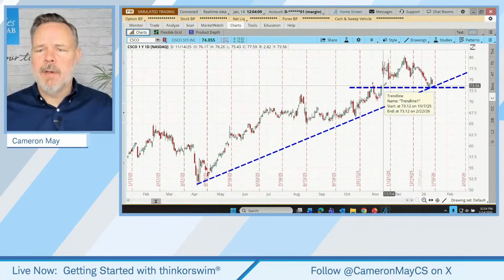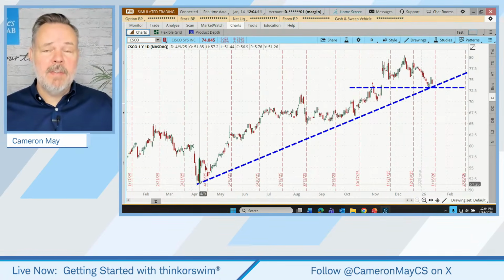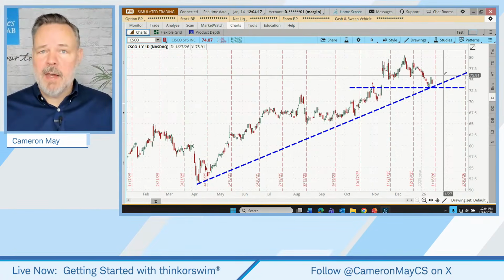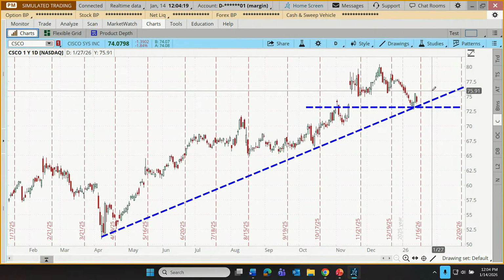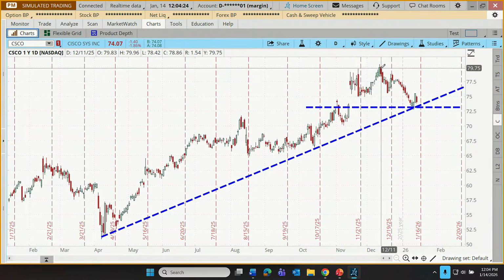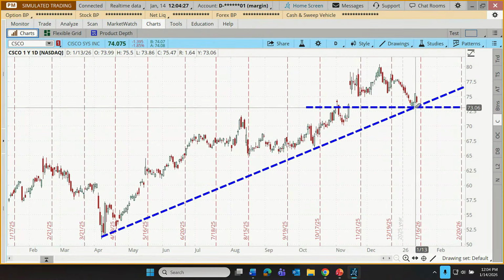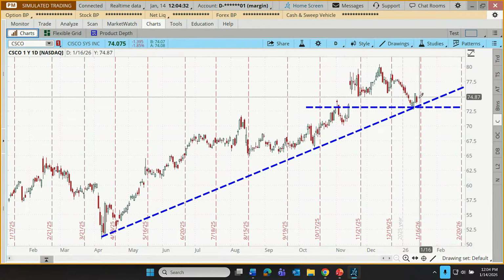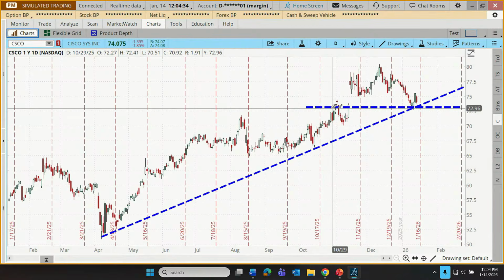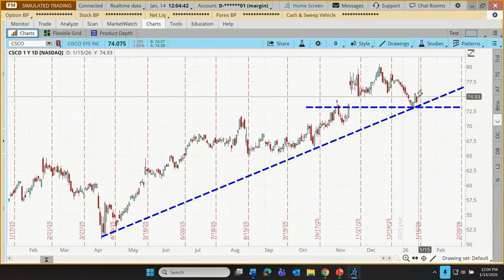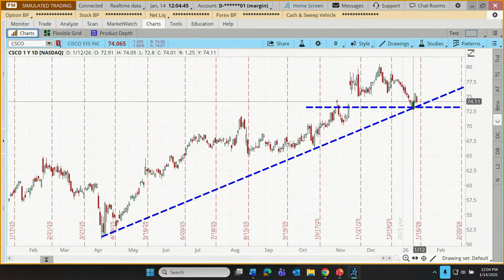let's say that our trader is looking at Cisco, and they notice that it has been advancing for 9 months or so, like just about every other stock out there. Obviously, not every stock has been going up like this, but Cisco and so many others have. But maybe our trader is looking at this recent pullback, and it's interesting to them that it's come down to our trend line. Maybe they see that as a possible price floor. It's also come down to a horizontal area of apparent price support. A previous price ceiling is sometimes assumed to become a new price floor, and at least in these very early days, it looks like that might be the case.